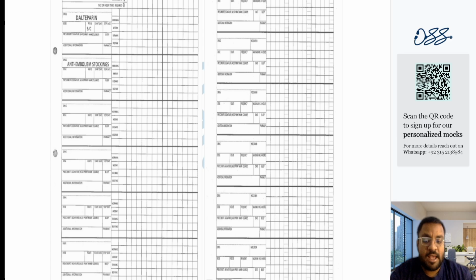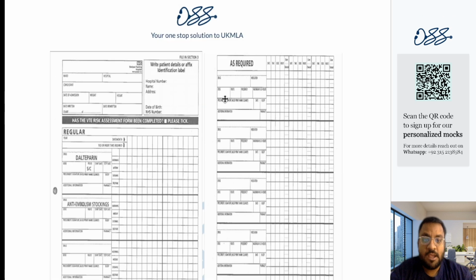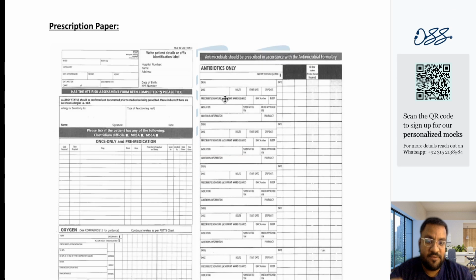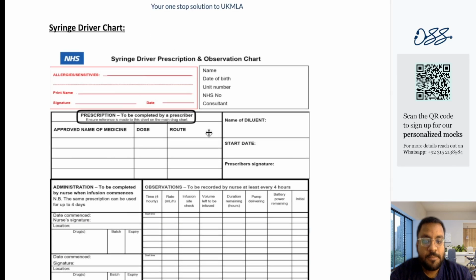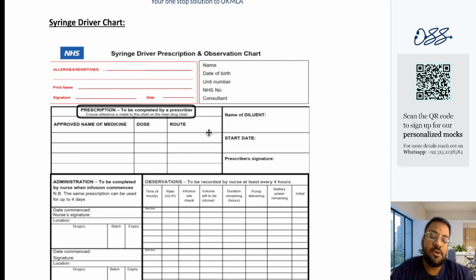Okay. So yeah, this is the basics, and this is how the basic prescription paper would look like, and these are the 4 to 5 different sides of the prescription paper that are there. Okay. Then there is something called the syringe driver chart. Okay, syringe driver chart is basically